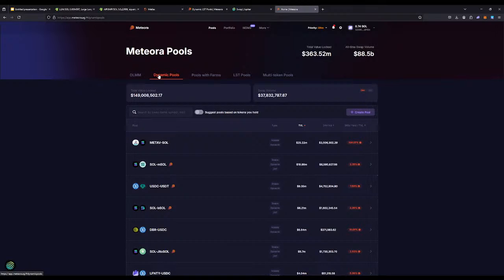These pools are exactly that, but they have a dynamic aspect to it in a way that a lot of your liquidity in these pools is being used in an optimal way,